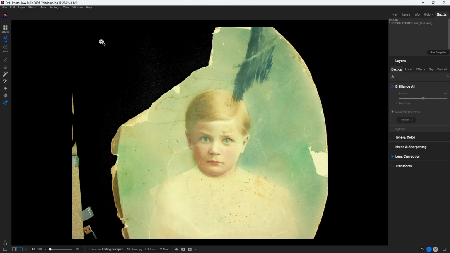I've now initiated my other photo editing software program, ON1 Photo Raw Max 2026. The reason I've done so is that ON1 has been one of the leaders in photo editing using AI modules. The tools that are used to correct this photo, I brought up the original photo with all the blemishes, lines, scratches, the black mark,